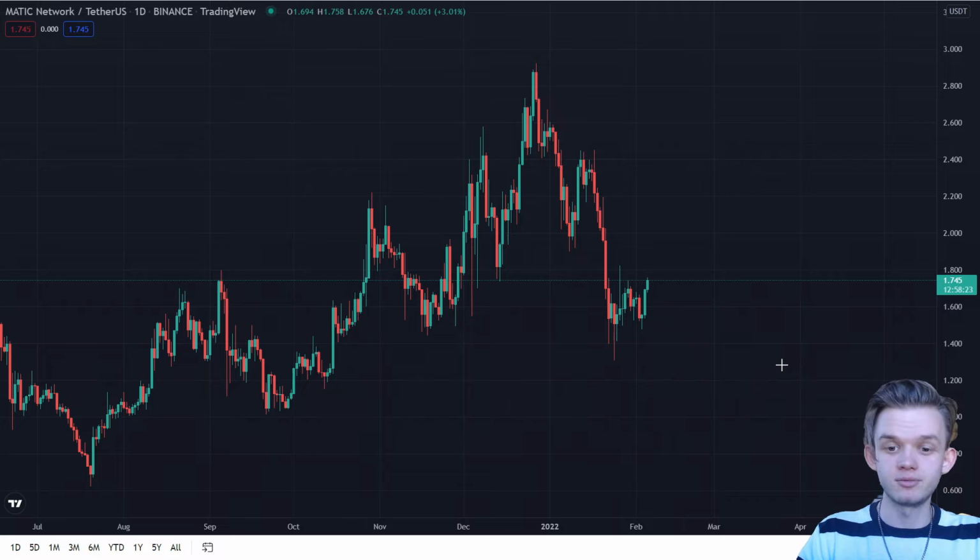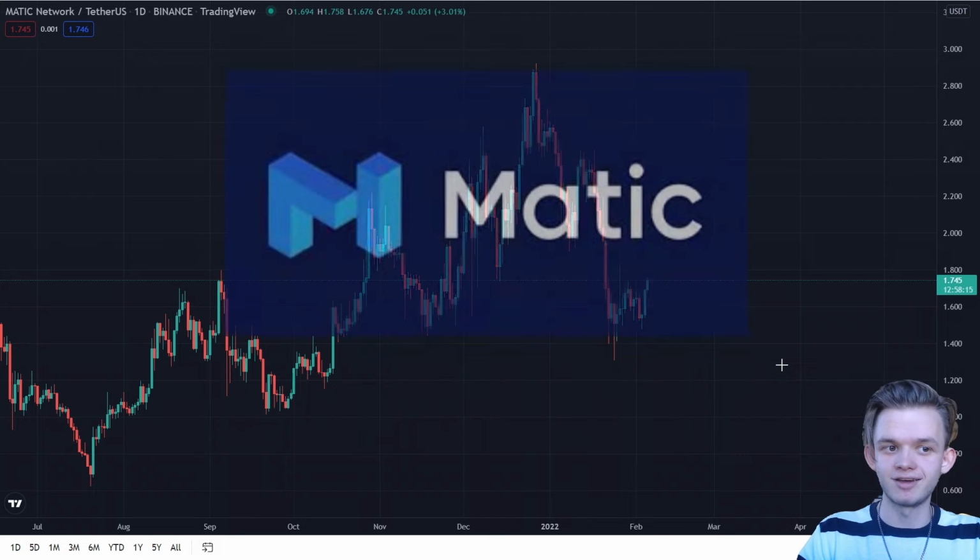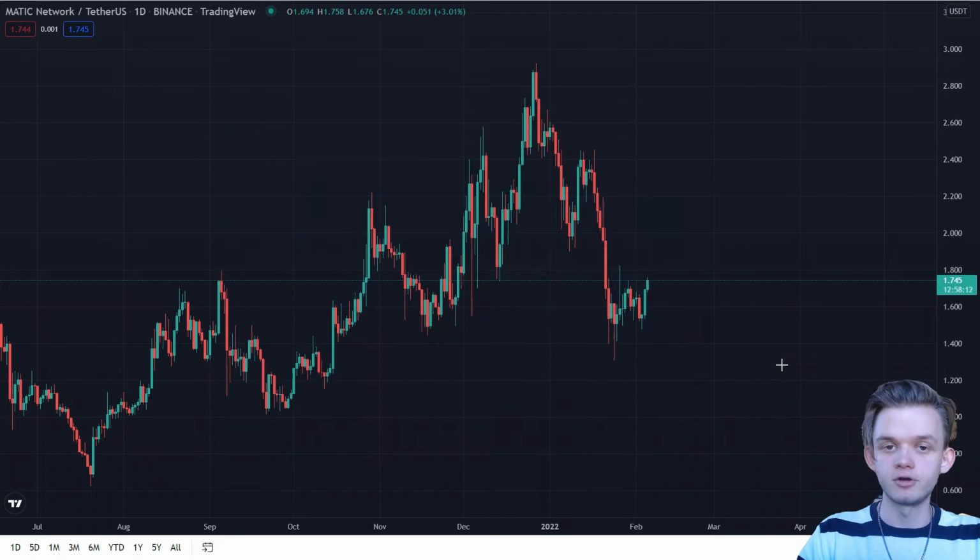So I'll use them to trade altcoins, and I'll give you the top 3 of my favorite altcoins. First one is Matic Network, which as you know is a layer 2 for Ethereum. You can trade it. I believe it has a really huge potential. It's the second coin which OpenSea is based on, and it has its own market, a lot of games upcoming in it, a lot of platforms, a lot of gaming projects are looking at it. So they got a huge fundamental. We got a cool sign here as well that they will turn on and start growing. So that's my first altcoin I would trade.